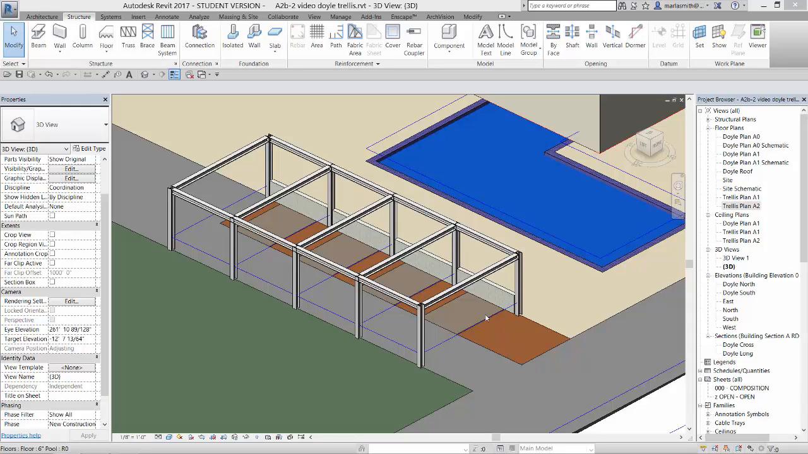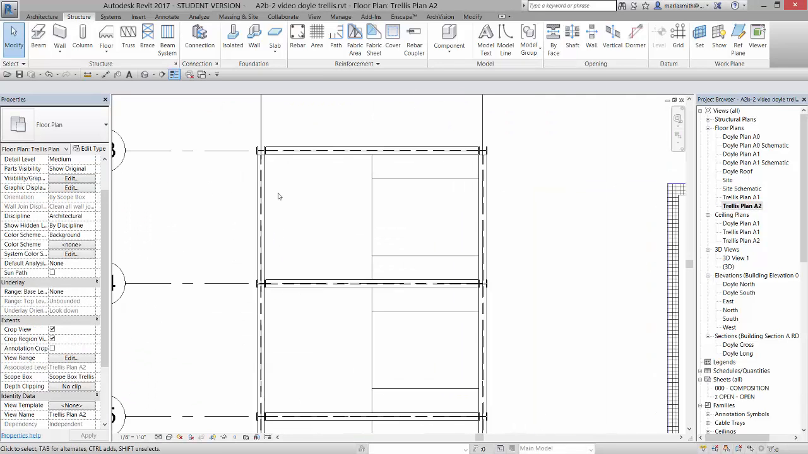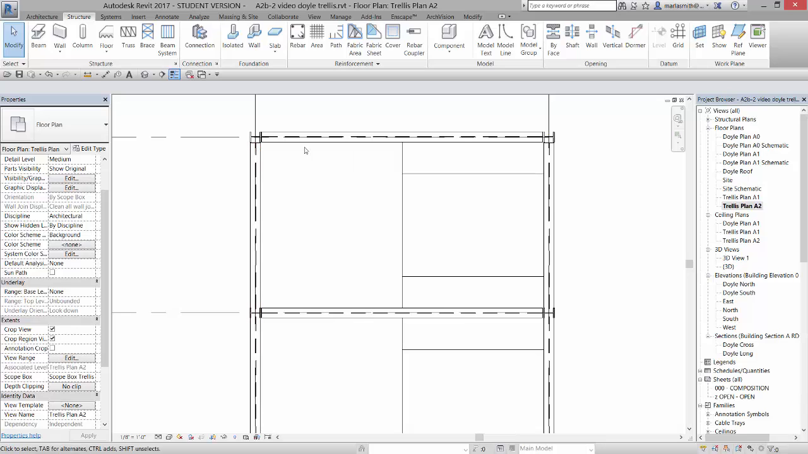Alright, so the next thing we're going to do is put the louvers in up here, and there's a couple of different ways you can do that. The first one I'm going to use is going to be a simple array. So I'm going to go to my trellis plan A2, and I'm going to come in and put a nominal lumber across here, or actually it goes this way, that I'm going to use for